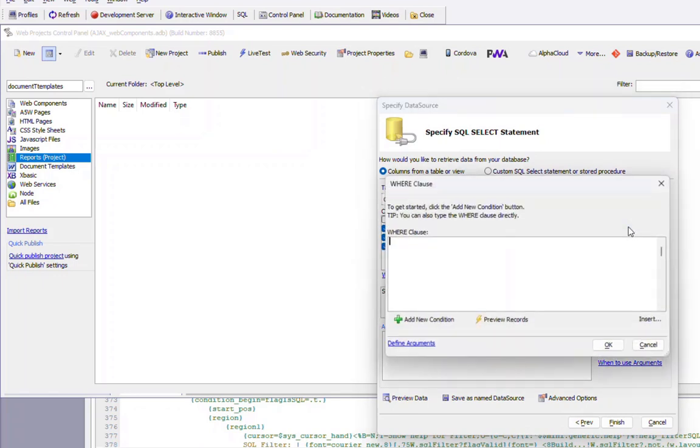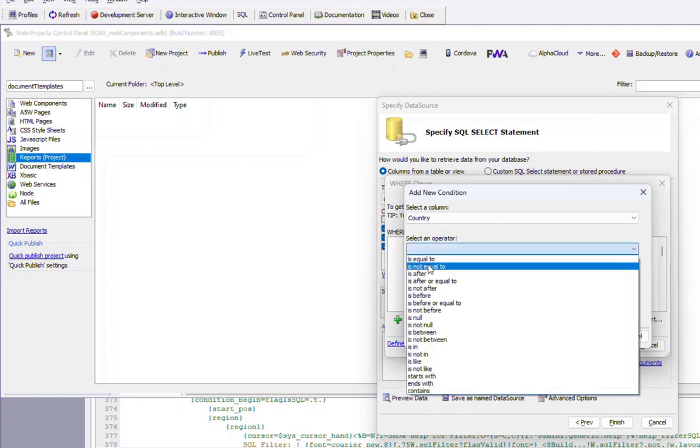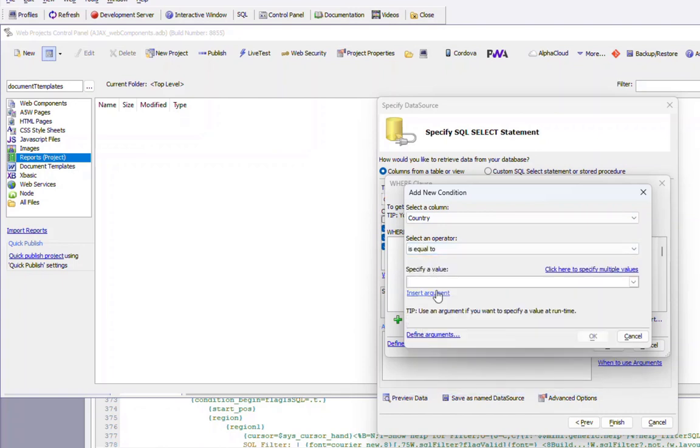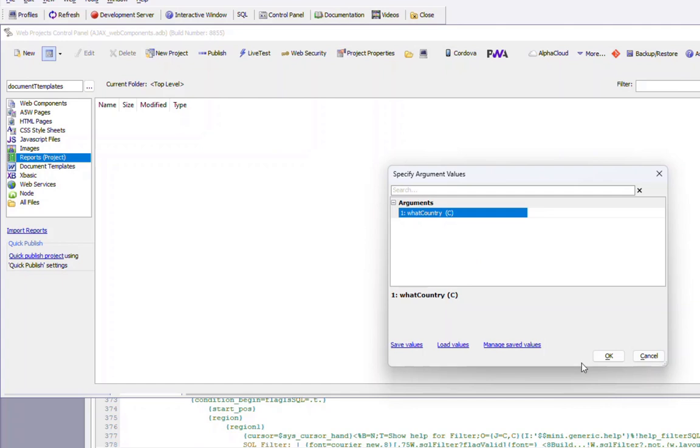So we'll say where, and then we'll add a new condition where country is equal to what country. Finish that. So we'll go here and type in